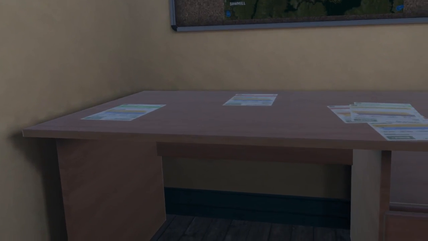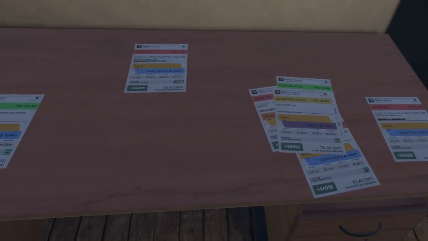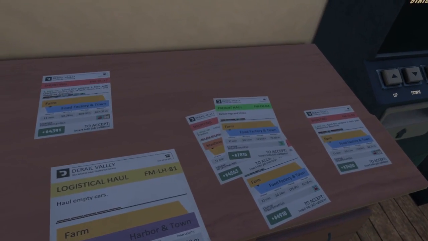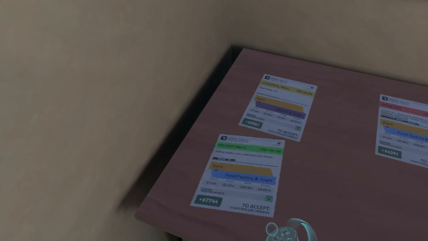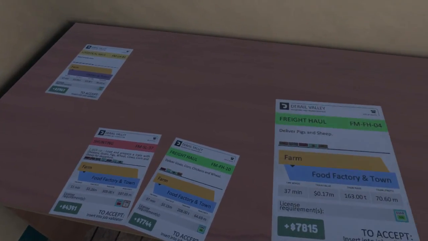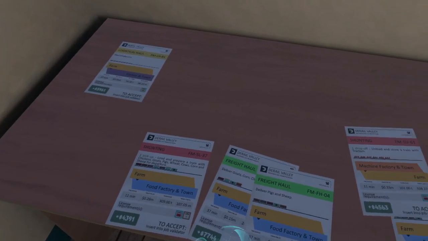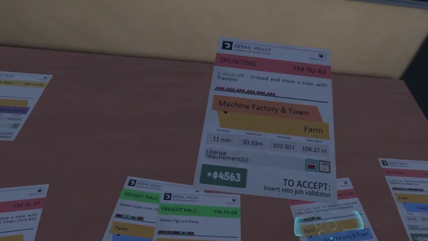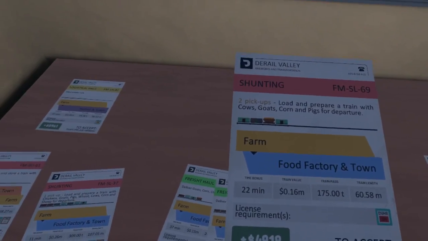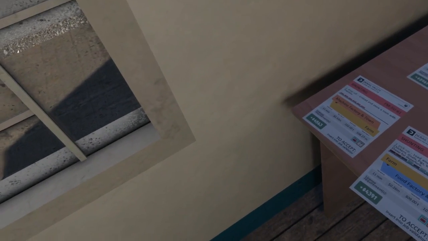All right, let's see what else there is to do around here. Yeah, not really. Wow, a lot of stuff going to the food factory, which makes sense considering this is the farm, I suppose. Now it's shunting. There should be unloading what... Oh no, that was a logistical haul, so...